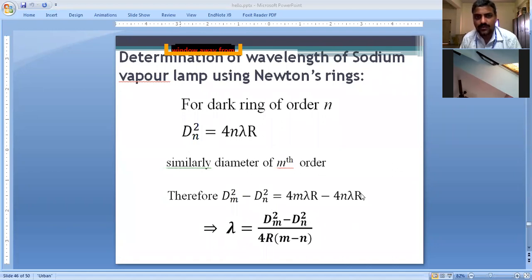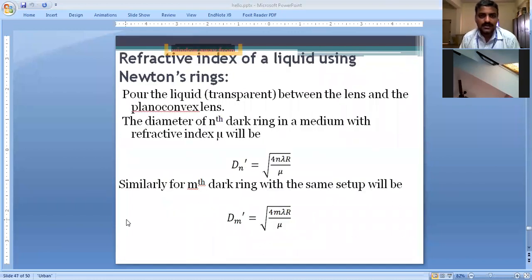Now, after determining the wavelength of a monochromatic source using Newton's rings, let's come back to the second application. After completing the second application, I'll conclude here. The second application is determination of refractive index of a thin film. Let us suppose that instead of air, as I said, we have an air gap in between the plano-convex lens and the plane glass plate. In between you have a plano-concave shaped air film.